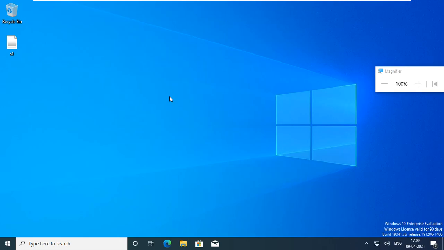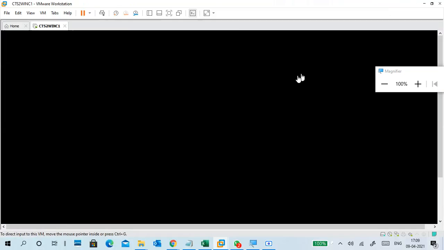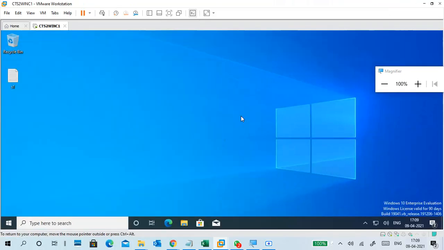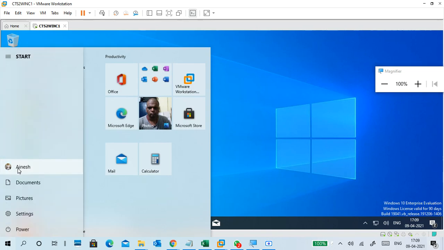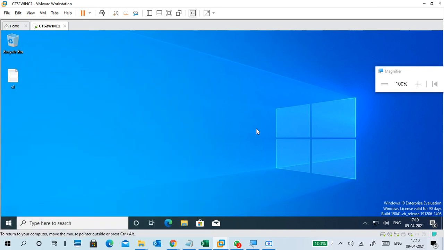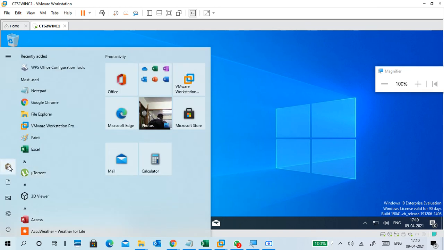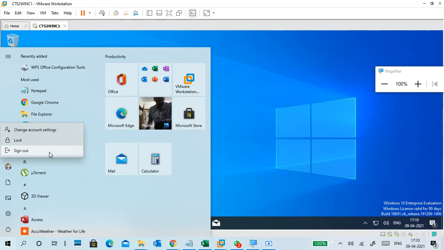Sir, virtual Windows 10. Yeah, virtual Windows 10. If you want to shut down your physical machine, before that, shut down your virtual machine. That is one point. You're asking a different question: if my laptop has different accounts. For example, if I have two accounts, I'm running my virtual machine and I'm going to run another one, meaning my physical machine, and I'm logging out.